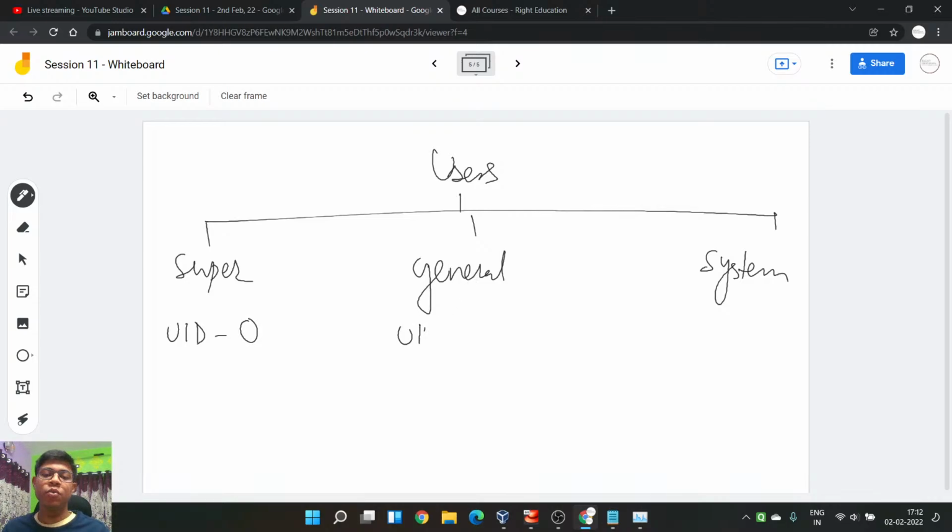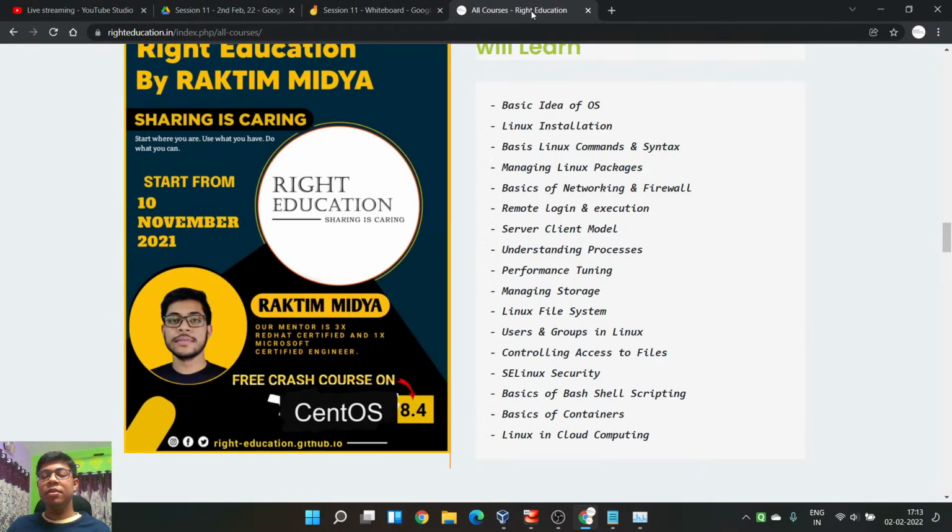General user has the UID from 1000 to 65,000 plus something. And system user is limited to 1 to 999. So this is the thing I also discussed, and I also showed you about these things: super user, general user, system. And then we have controlling access to files.